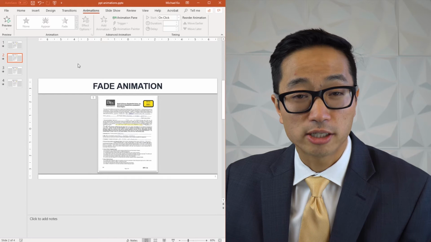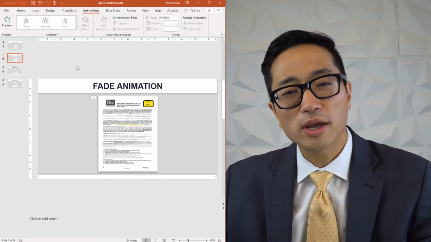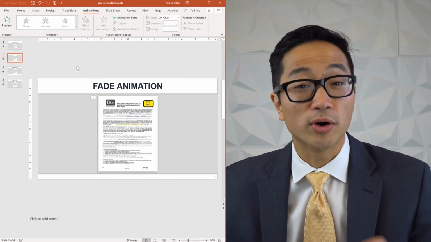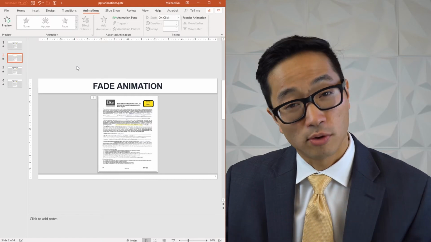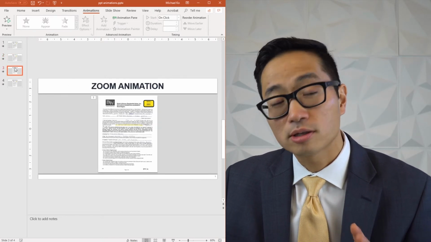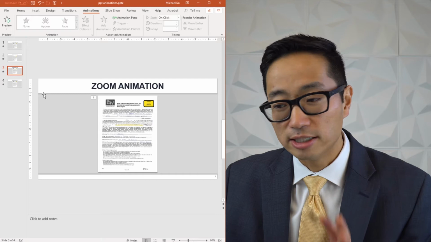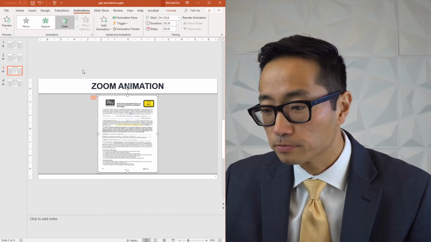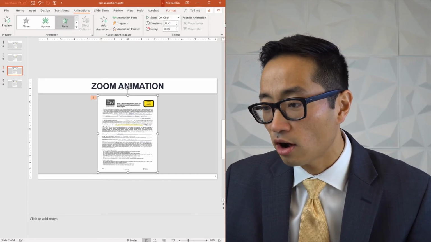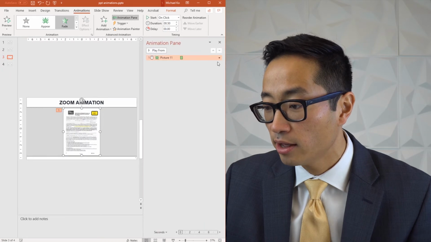So the next animation we'll work with is, now that we have things on the screen, how do we make it more interesting for people to look at? And that's the remaining 2. So I'm going to go to slide 3 that I have here, and I have that same document here that we've been working with. And I'm going to take the animation off of this by going to the animation pane and